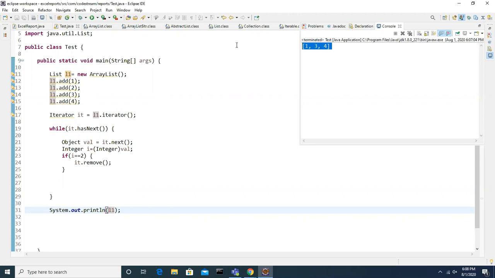Just look at this. I just used the concept called iterator. Iterable is one of the interfaces which provides one method. That implementation is already done in ArrayList, because ArrayList internally implements the List interface, Collection interface, and Iterable interface, because all of them are related. First Iterable, then Collection, then List.